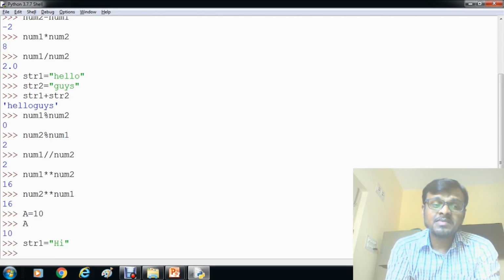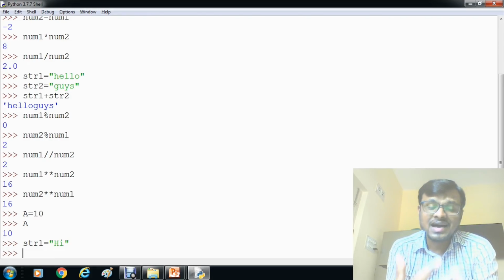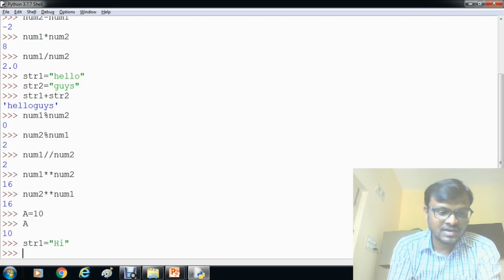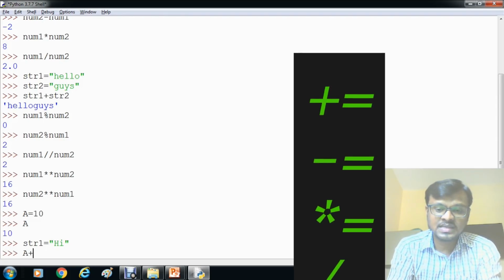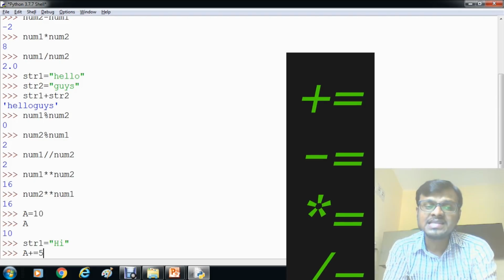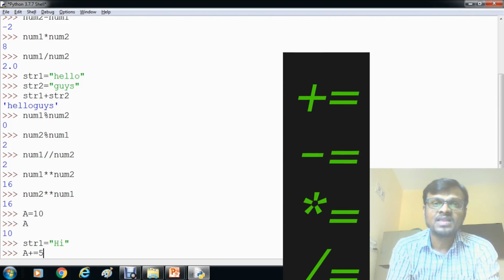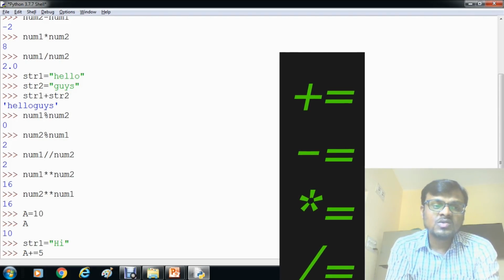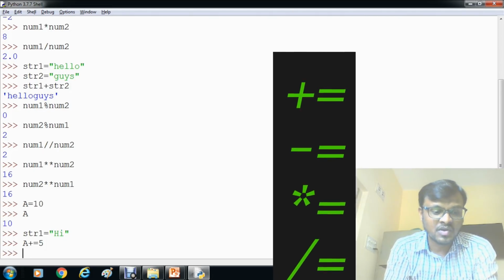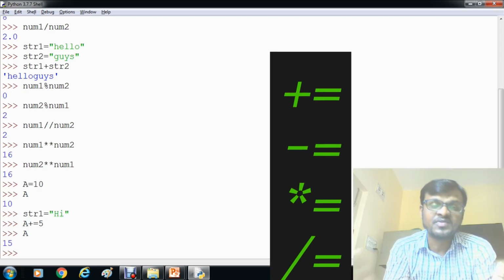This is how assignment operators work, and in assignment operators we can use some advanced assignments, for example a plus equal to 5. This expression adds 5 to a, that means 10 plus 5, so it provides 15. Now print here, 15.